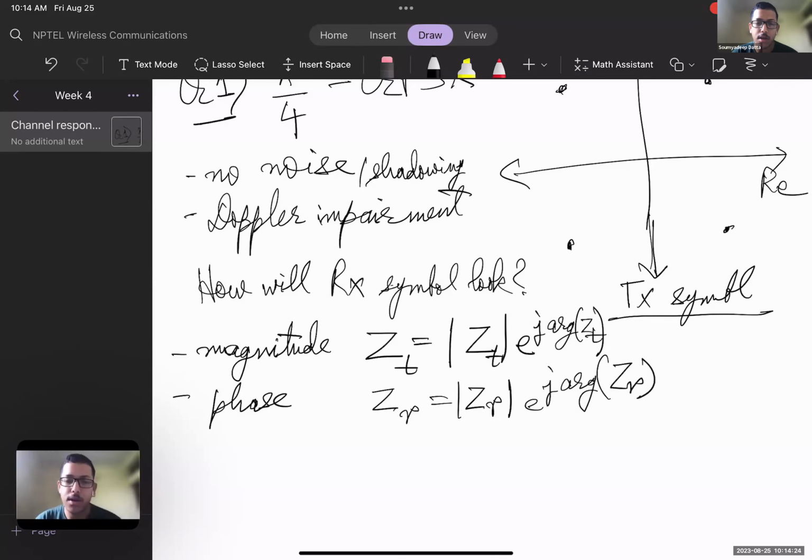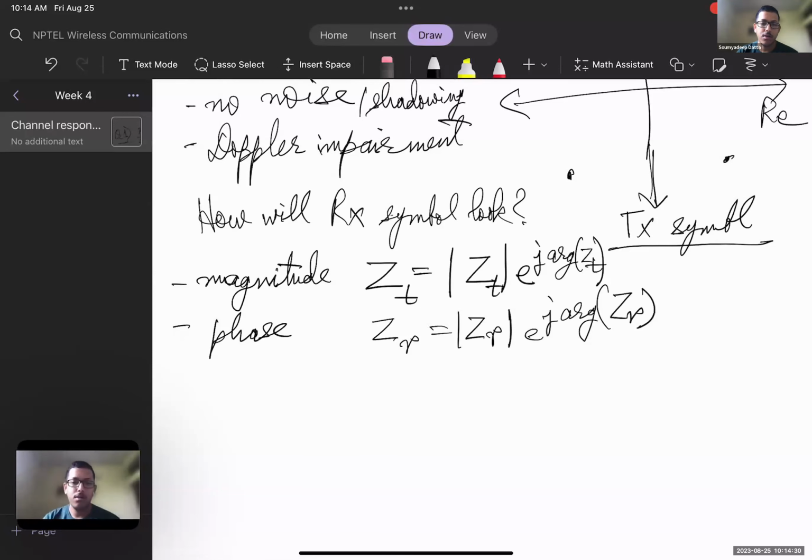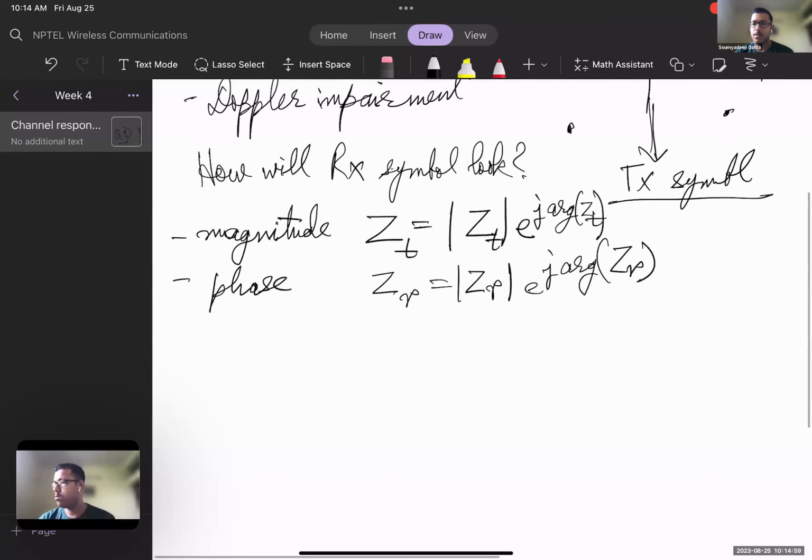I hope you understood, right? Let me just, do I need to explain the Doppler effect? Is everybody aware of the Doppler effect, or should I explain? So okay, the Doppler effect is when you have a mobile user, let's say